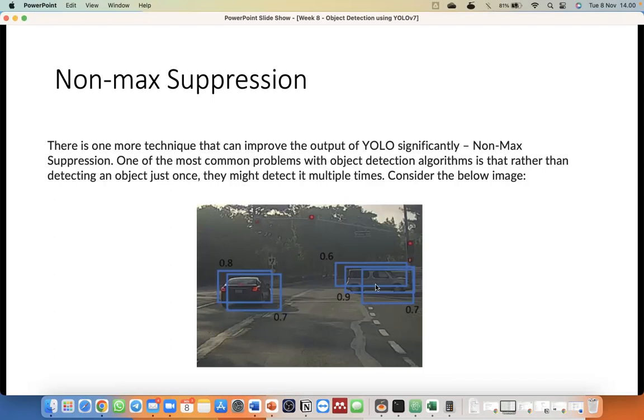Actually in the YOLO algorithm, the final output will be one bounding box, but in the YOLO training process, it will predict more than one. It will give us more than one bounding box for detecting one object.